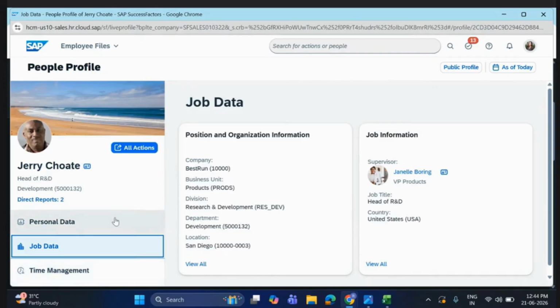So that's it. As of your manager, you will only be able to see this much information only, not the full profile. The HR will also be able to see this much information, and will be able to see all the information if that HR is directly handling that person. So let's suppose Jerry is somebody who falls under your span, then you should be able to see the entire information.